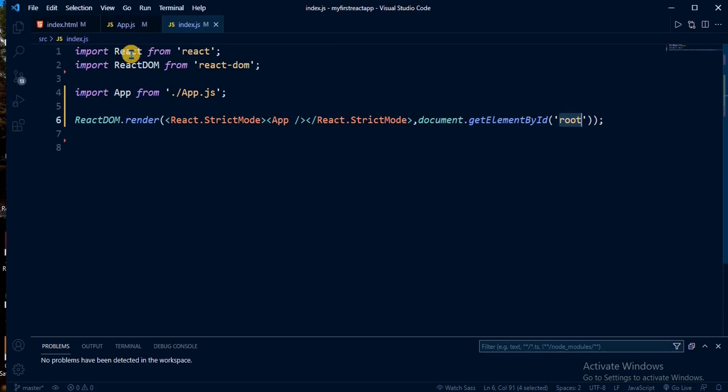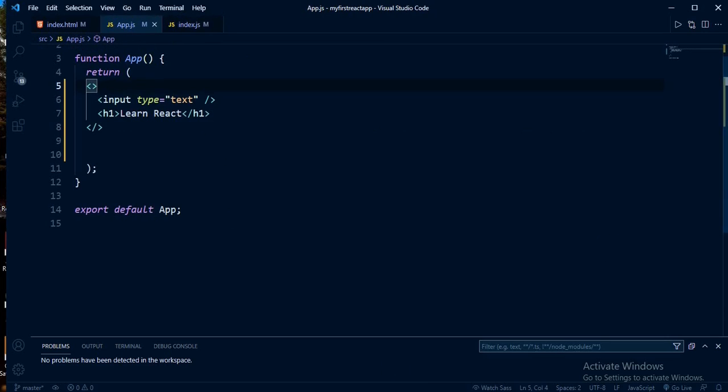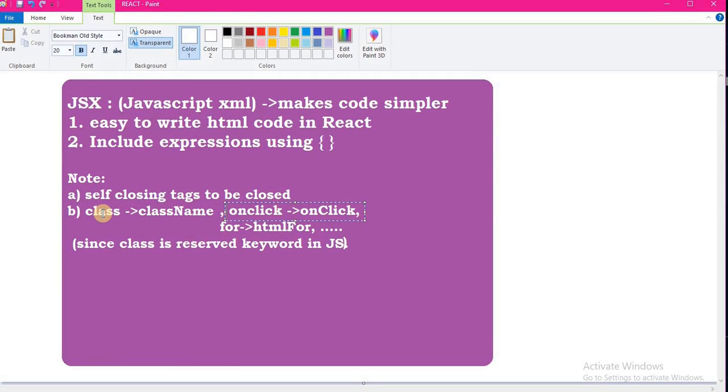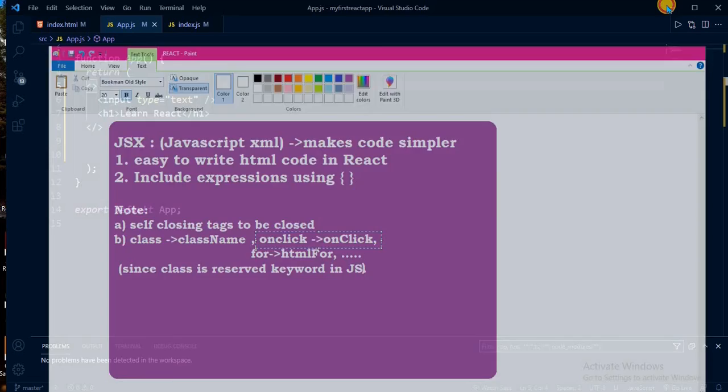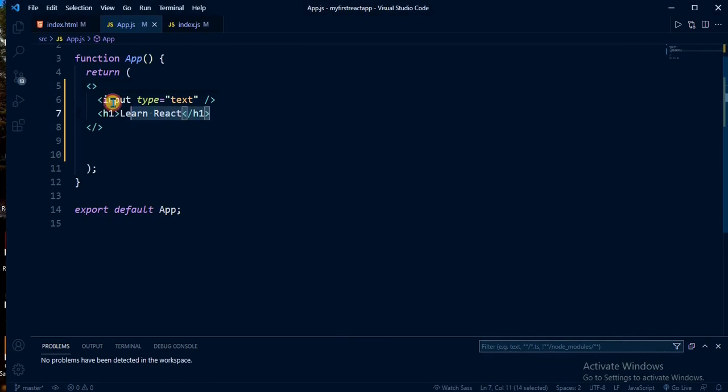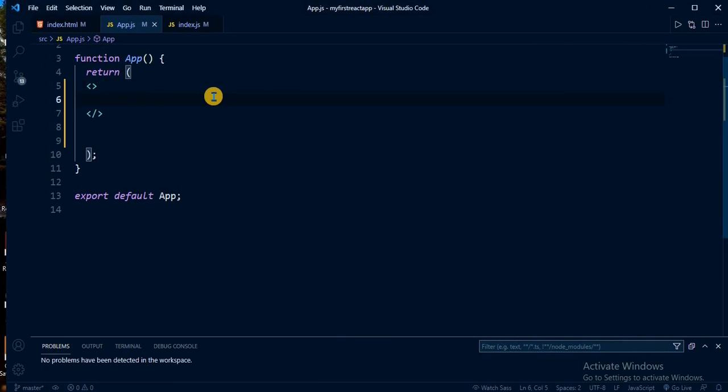Okay, let's now write some expressions. As I already mentioned earlier, you can include expressions in the JSX. Let's just do that. Here, let's delete the entire portion, and we are going to include an h4 element. Inside we will say addition result of 2 plus 3 is.